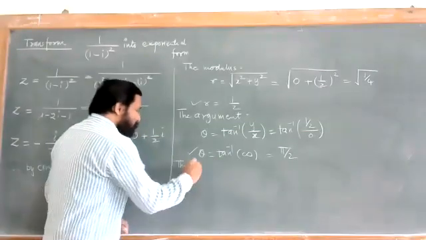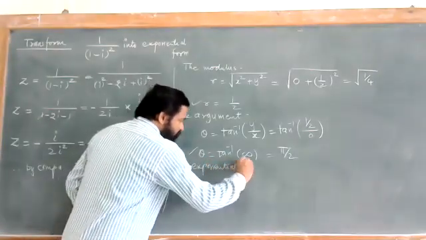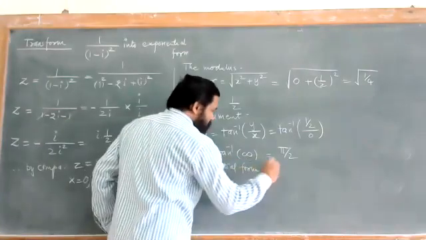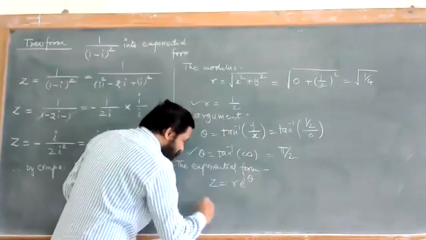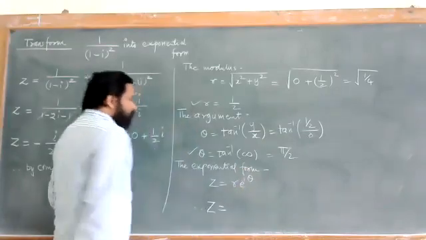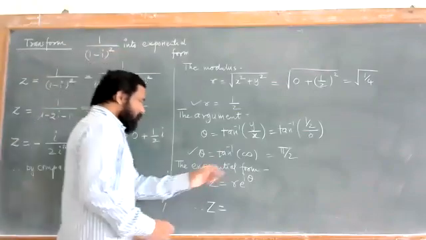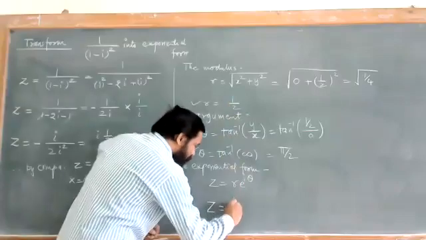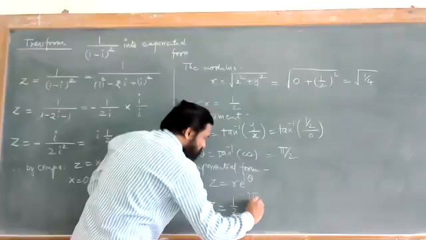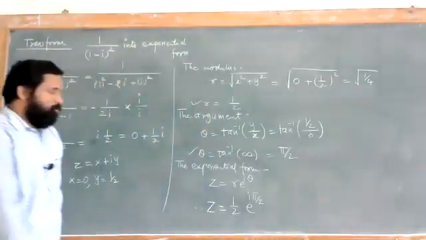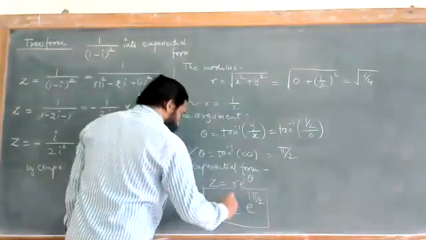So you can have the exponential form of a complex number, that is z is equal to r e raised to I theta, and therefore we can write the transformation of the number 1 upon (1 minus I) whole square is equal to r, which is 1 half into e raised to I times pi by 2. So we can have this number. So that is the transformation.